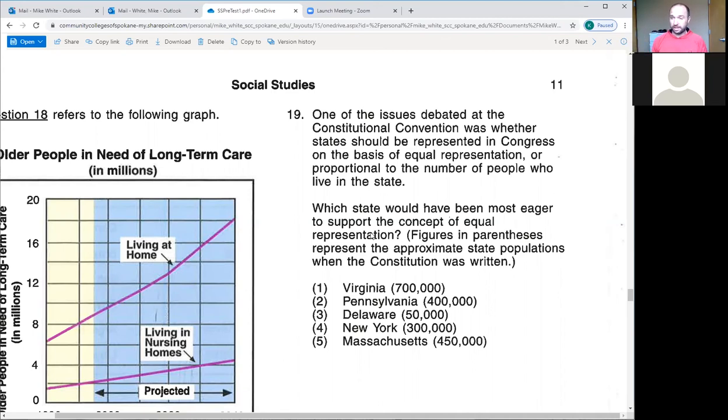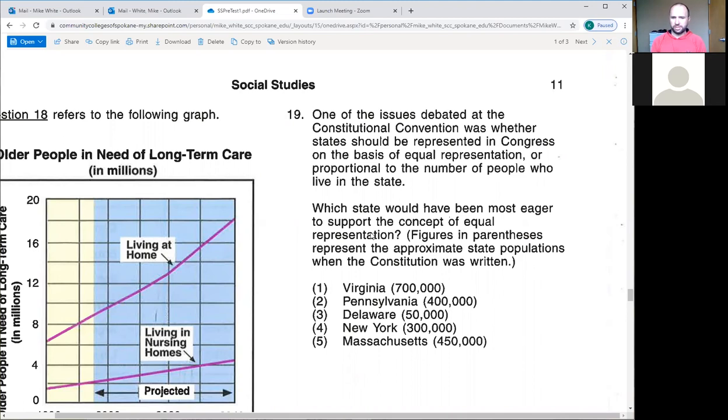That was one of the big debates between all the original 13 states. It came time to create a government. There was an argument that every state should be represented equally, and people on the other side said no, states that have more people should be represented accordingly. The two sides argued back and forth until finally they came to a compromise, right? But the question here asks, which state would have been most eager to support the concept